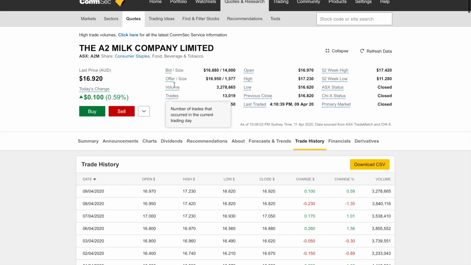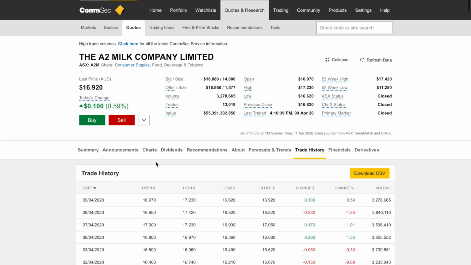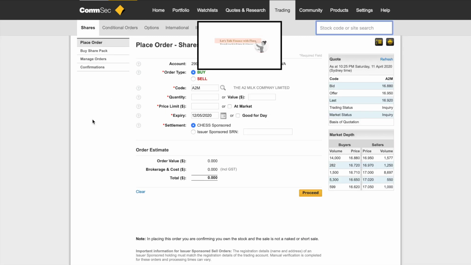So this is pretty much where you do your stock valuation. This is where you get all the information you want to do your stock valuation analysis before you buy or sell. So once you've done all your stock analysis, your stock valuation analysis, and you're like, okay, this is a good stock and I'm ready to buy it, you then click buy, and then here it's got your account number,